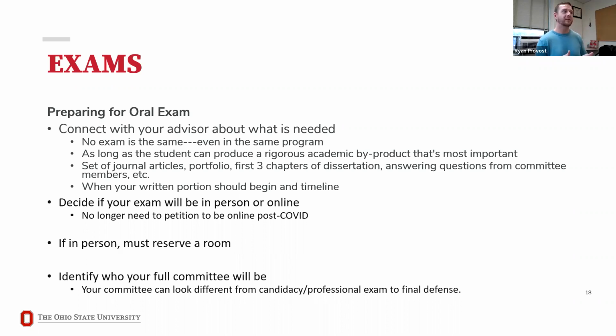So you need to decide if your exam will be in person or online. The new development is that pre-COVID, you had to petition to have your exam online. That is no longer necessary. You don't have to do an extra step or a petition to do it virtually. If you do it virtually, you'll need to provide the Zoom link or whatever you're using for that virtual